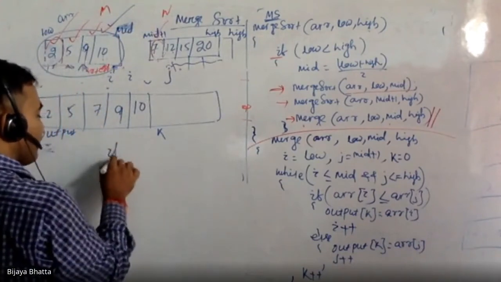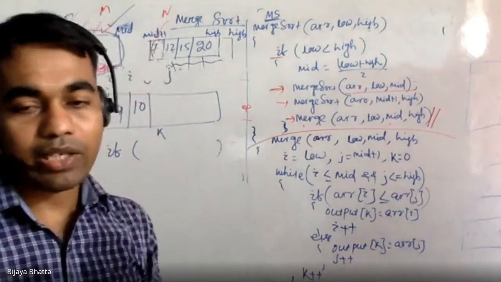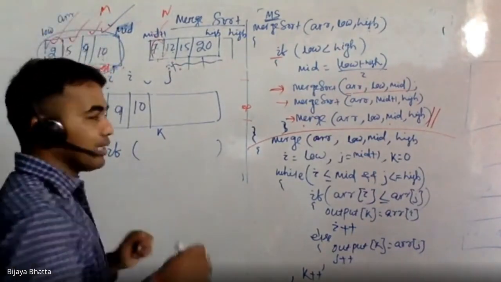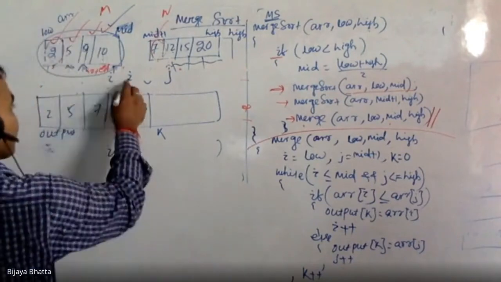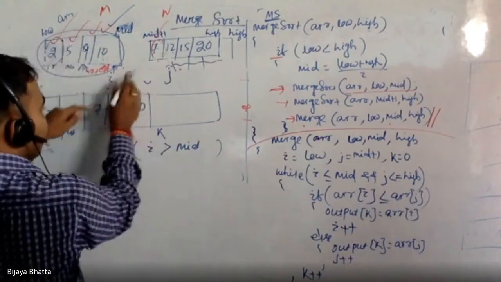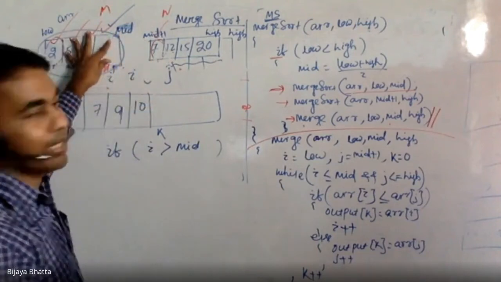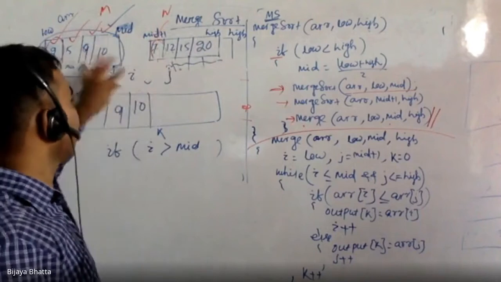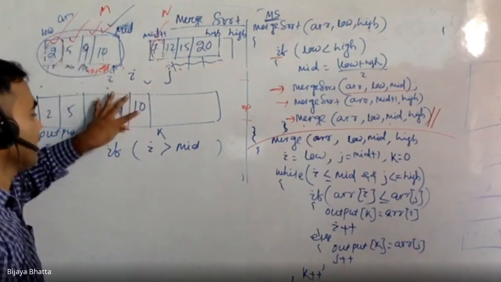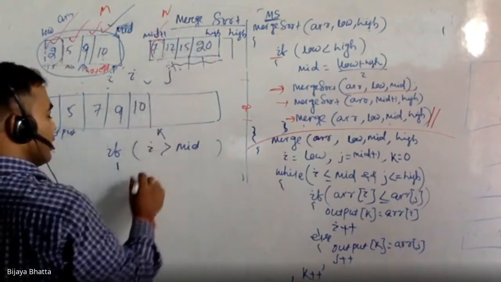So which side has some elements remaining? You need to write a condition, right? So if i is greater than mid, like in this example i is greater than mid, because I came here with i plus plus. That means the element is not here, the element is here. If i is greater than mid, that means all the elements are already copied from this index i. So some elements might be present here. That's why we will copy all the elements.